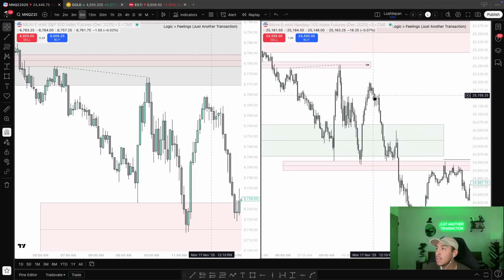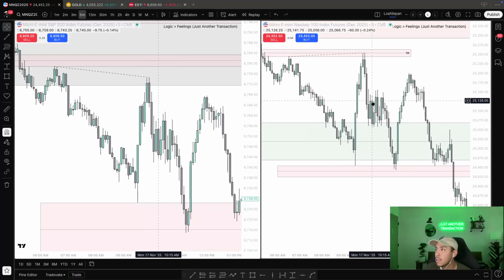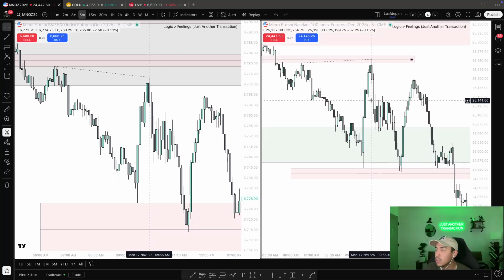I took a long because of this 5-minute and the displacement out of the 1 hour. So it's still valid, but if I'm looking at the bigger picture, there's a lot more confluences to the downside to go lower. And then you add on the fundamental aspects going on right now. Everybody in fear, selling off, and Bitcoin going down, Ethereum, all these other things that are fundamentals.